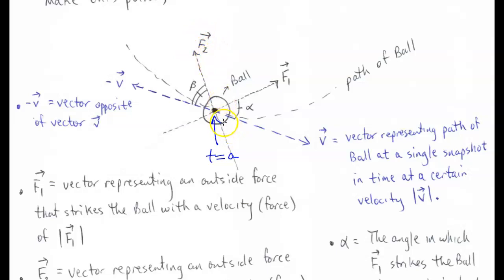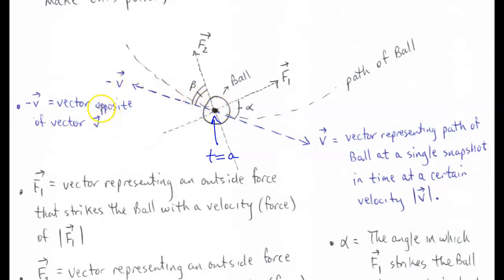At this snapshot in time, if we were to continue on that particular track for this instant in time, so let's say this ball breaks off the path and keeps on going, it would go in the direction of this vector v here. Of course, this vector minus v is that same vector, but in the